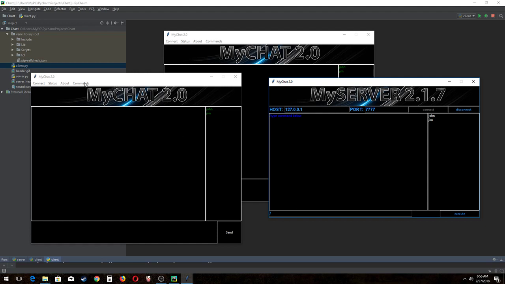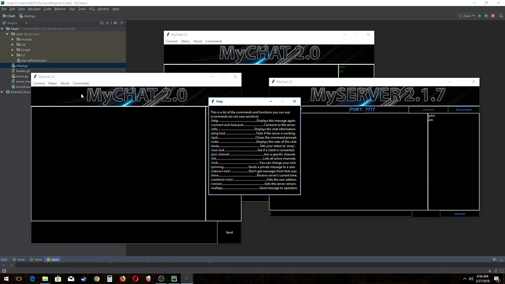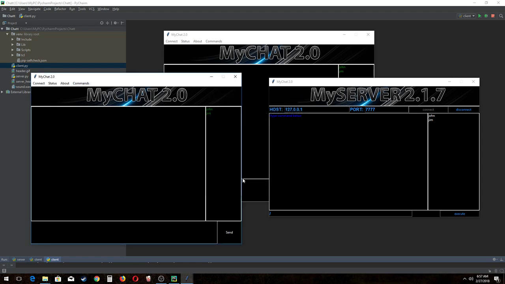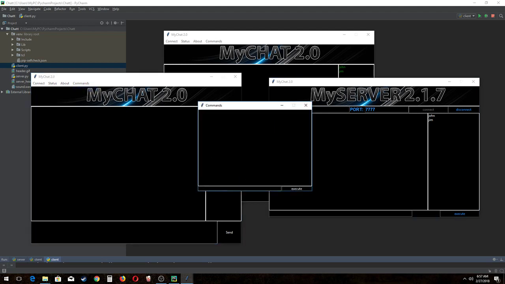There's one thing here that I haven't talked about. When you see this help list, these are the commands that regular users can get, but those are not the only commands. There are more commands, but those you need to have permission for. So, for example, if you try to create